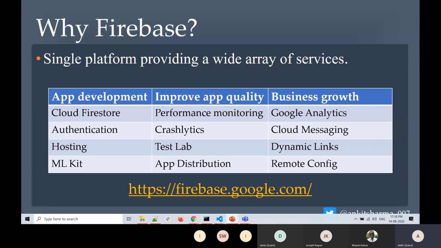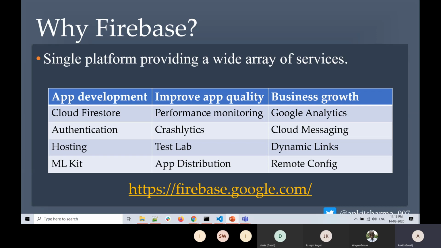In app development, it provides you Cloud Firestore. We'll be using Cloud Firestore today as our database. It's a NoSQL database. If you are coming from a MongoDB background, you are well aware how a NoSQL database works in a JSON kind of format. It provides you authentication from different services like Google, Facebook, Twitter, email ID, and other third-party applications also.